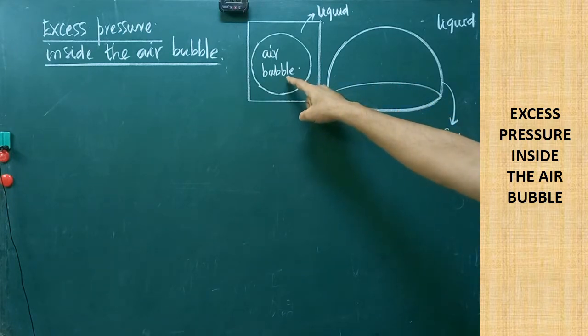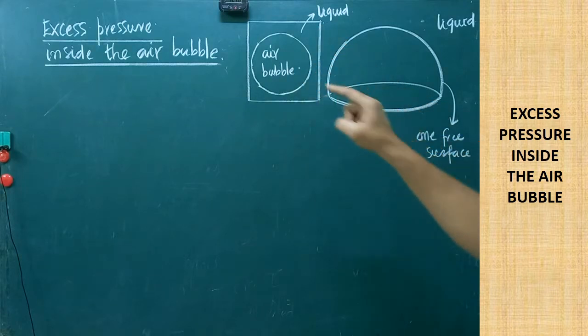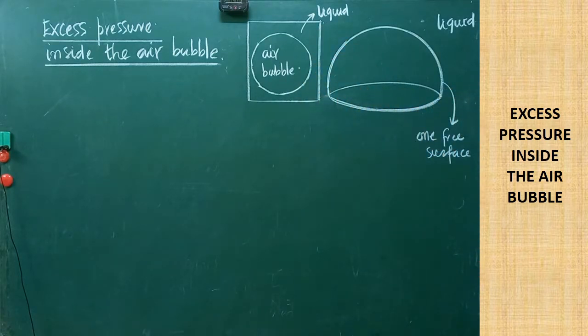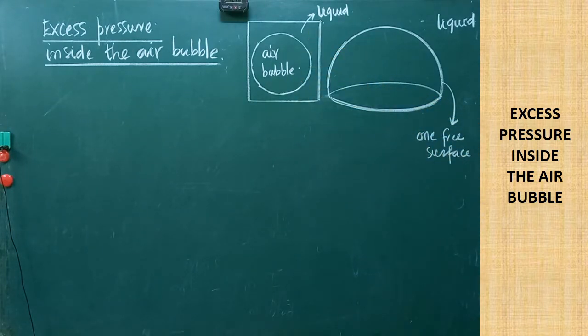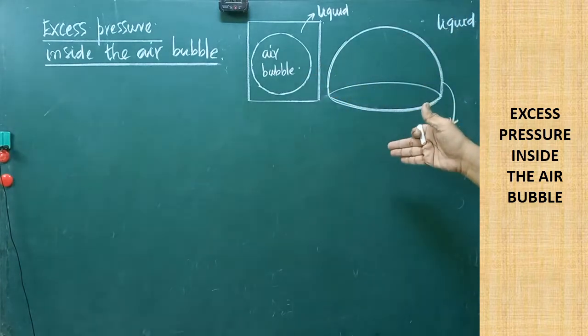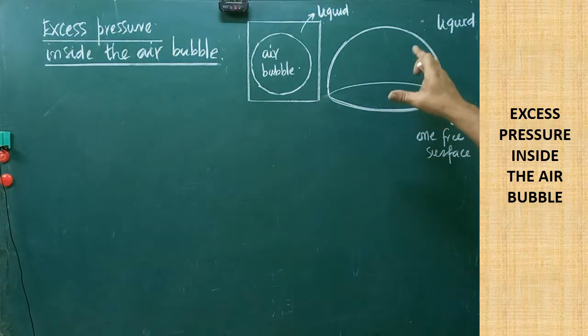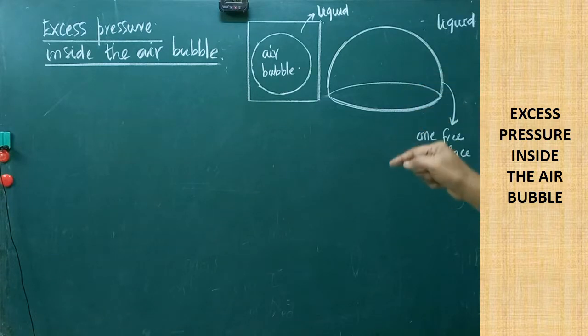Here, this is the complete structure of the air bubble within the liquid. Whenever you blow air through the liquid, air bubbles will be formed. So the air bubble is usually surrounded by liquid. For our derivation purpose, the air bubble is split into two hemispheres, and here we have taken one of the hemispheres. Before deriving, we have to understand how many forces are acting on the air bubble.